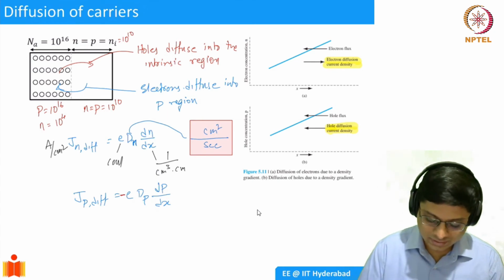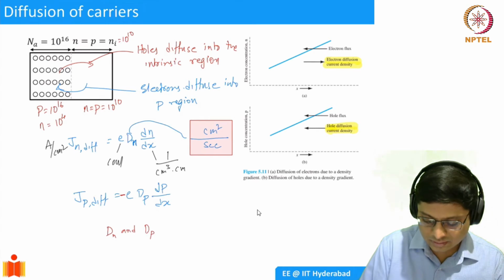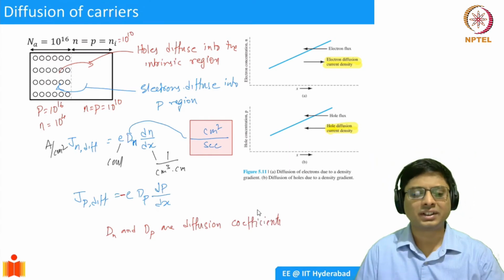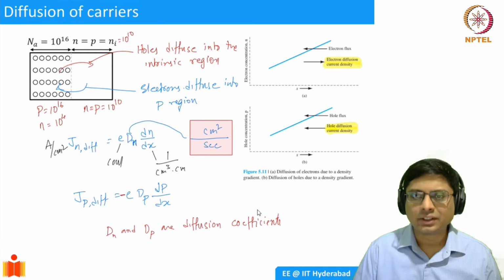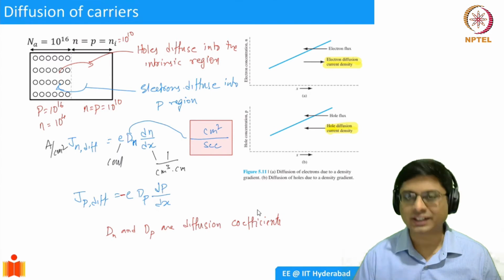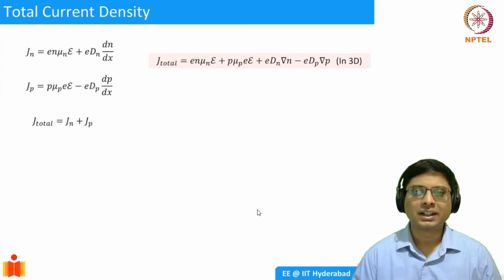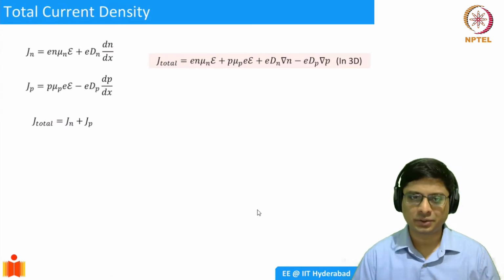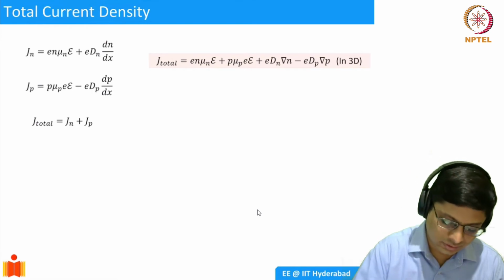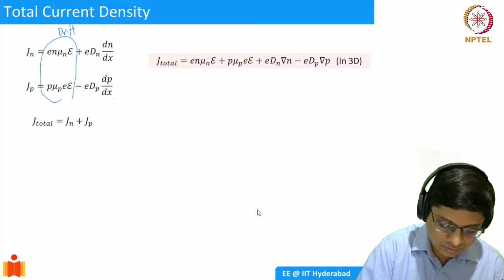All right. And then Dn and Dp are diffusion coefficients. We will tell you what these are. They are numbers you can calculate easily. So this is the diffusion process, which is the second major process in semiconductor device current carrying characteristics. To sum it up, in a semiconductor you have two forms of current: the drift and the diffusion. So you have the drift component here, and this is going to be the diffusion.